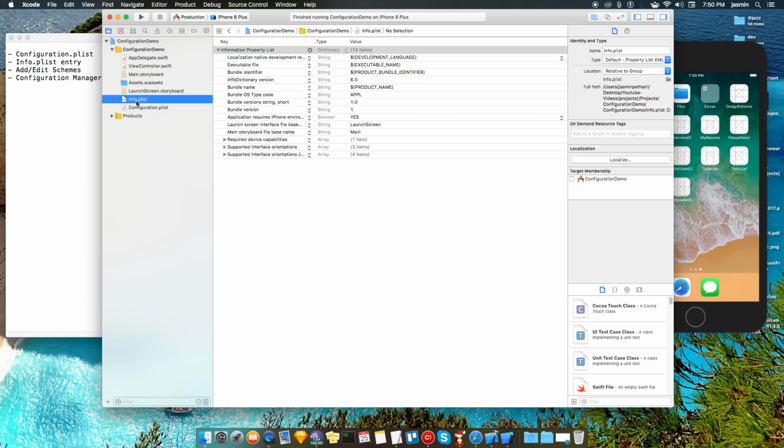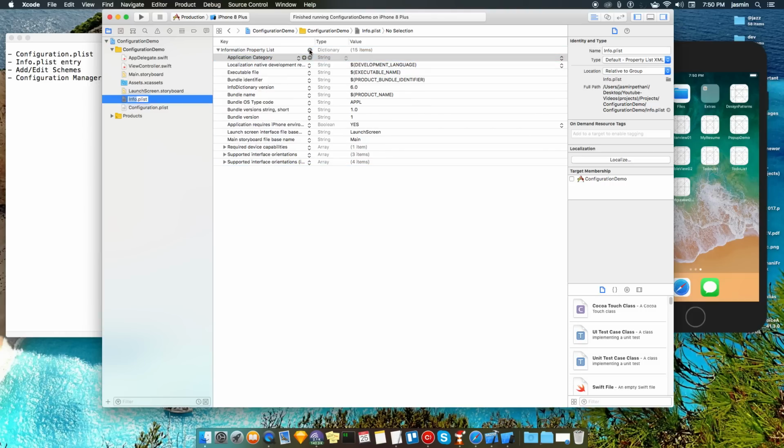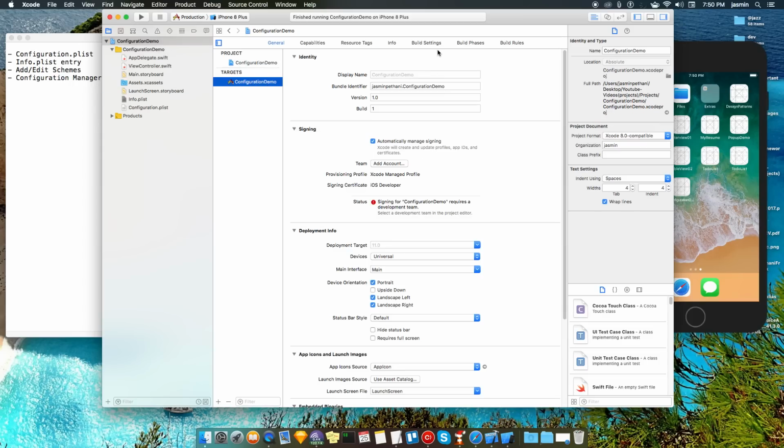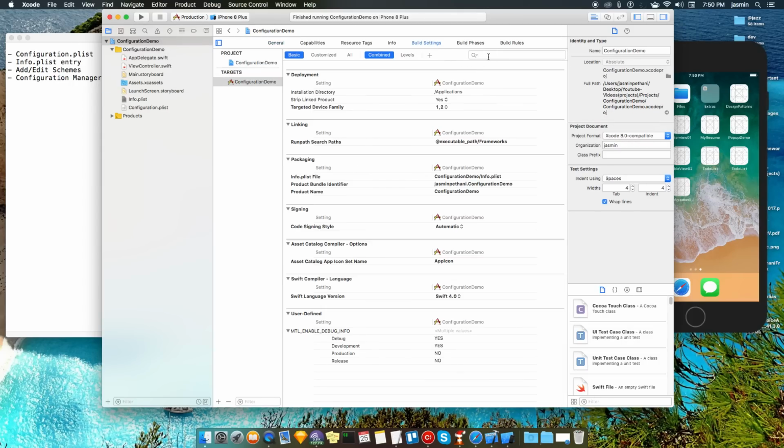Now in the Info.plist we need one entry. I give a custom entry like configuration, and with the name I need to go to this stuff. You don't need to remember what key you need to put.